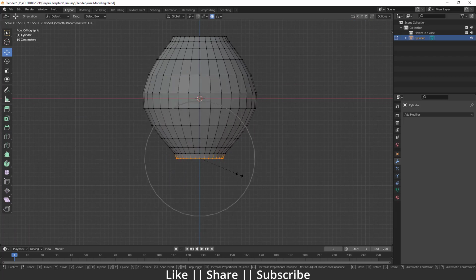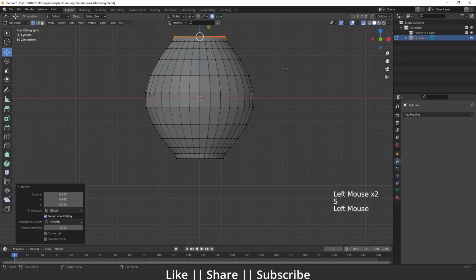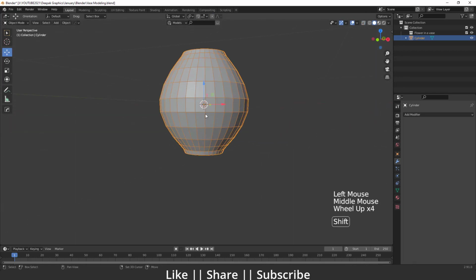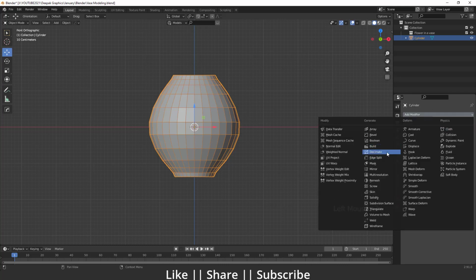Yeah, I think that looks great to me. We can just decrease from here as well. Yeah, so now here you can see we have a perfect vase shape. Okay, and then I'm just going to go to my modify section again, and now I'm just going to add again this